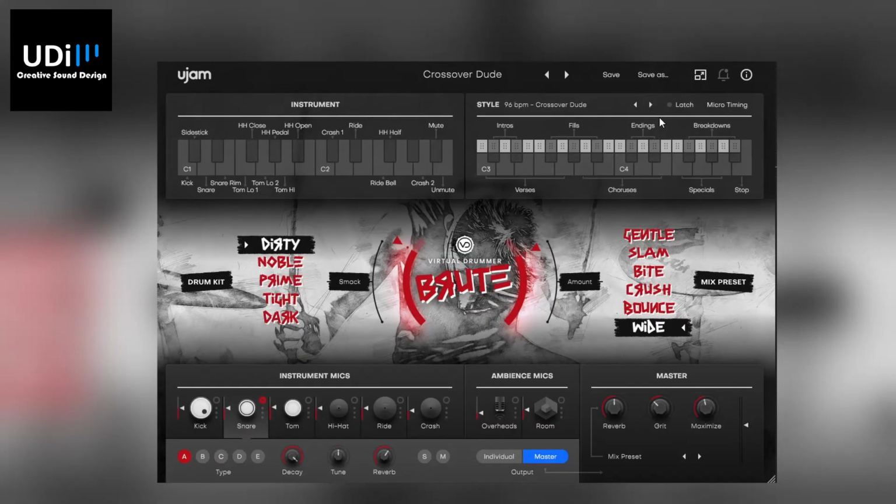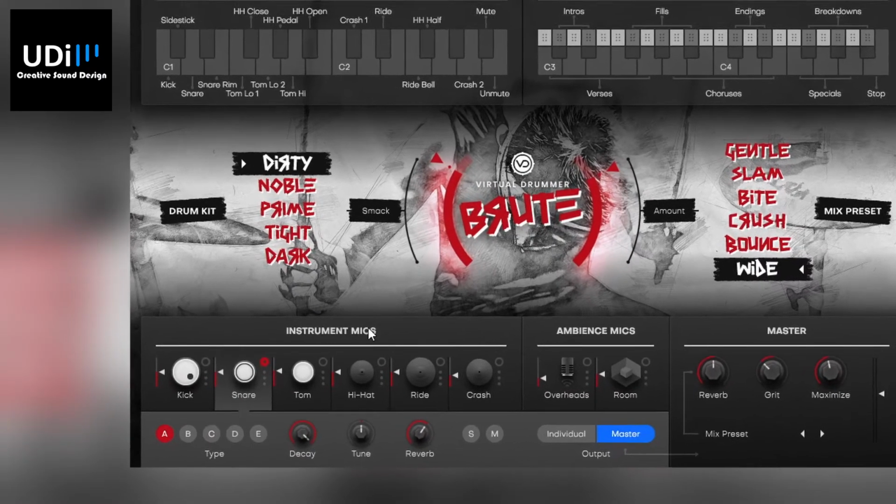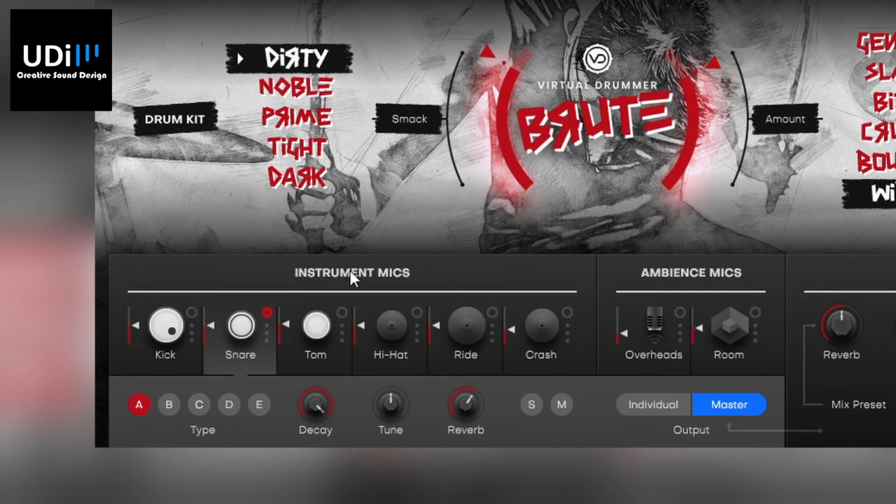And of course you can set the amount and you can tweak the smack, and you'll get different sounds. Sometimes it's very subtle, you don't really hear the difference, and sometimes it's very, very obvious. So play with that. And then on the bottom here we have the instrument mics, but something that is very